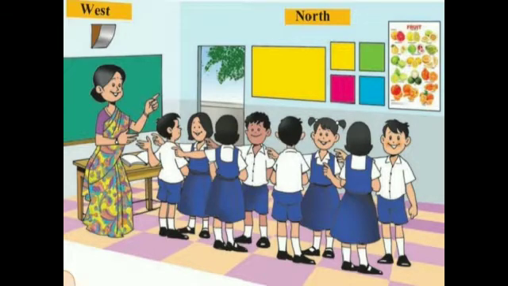If the blackboard is to your right, it will be to the left of the girl or boy standing in front of you. If the blackboard is behind you, it will be in front of the boy or girl facing you. In the same way, your answers about the main door and the teacher's table will also be different from those of the girl or boy facing you. It is difficult to make out the location of an object based on answers like on the right, on the left, in front and behind. Therefore, in order to tell exactly where an object is located, we use directions.